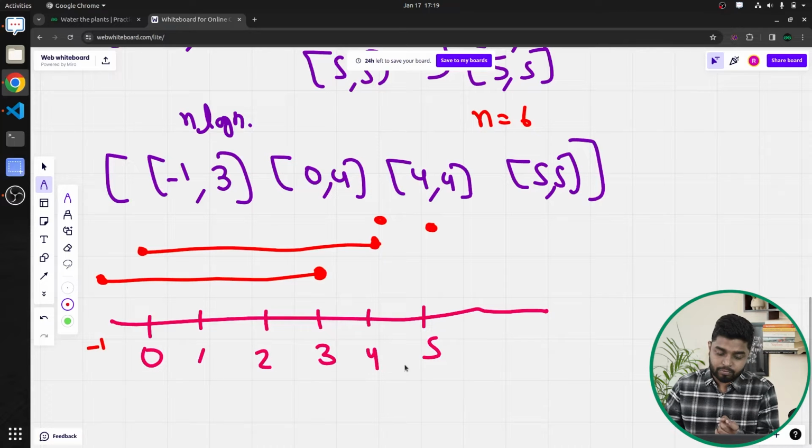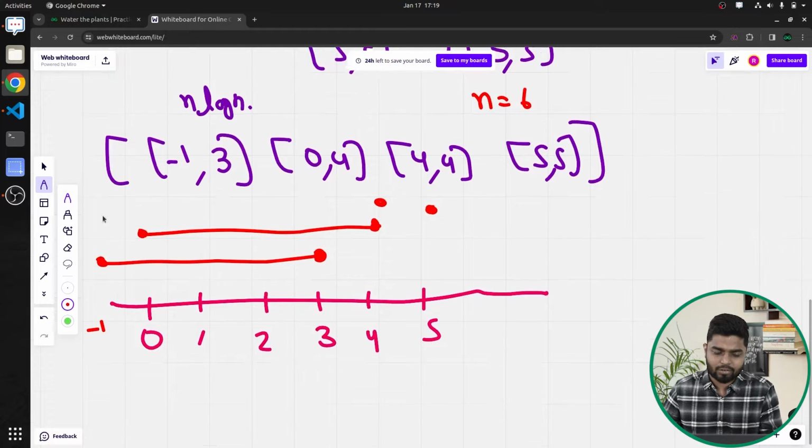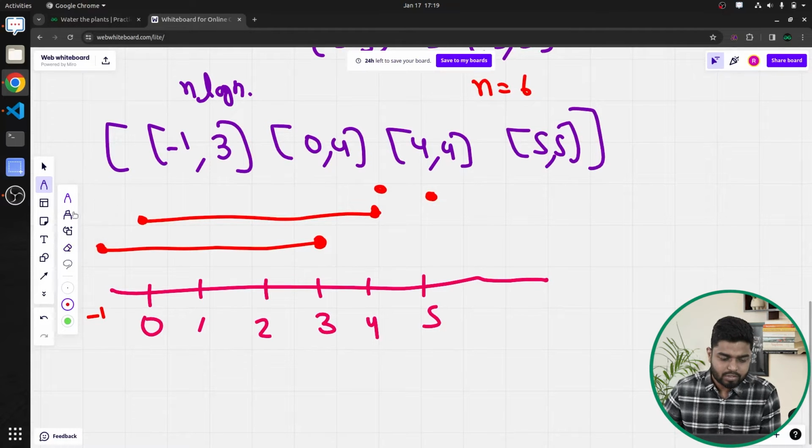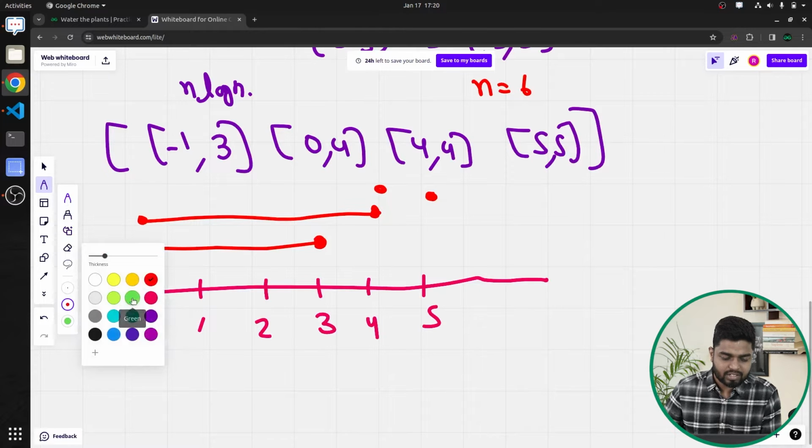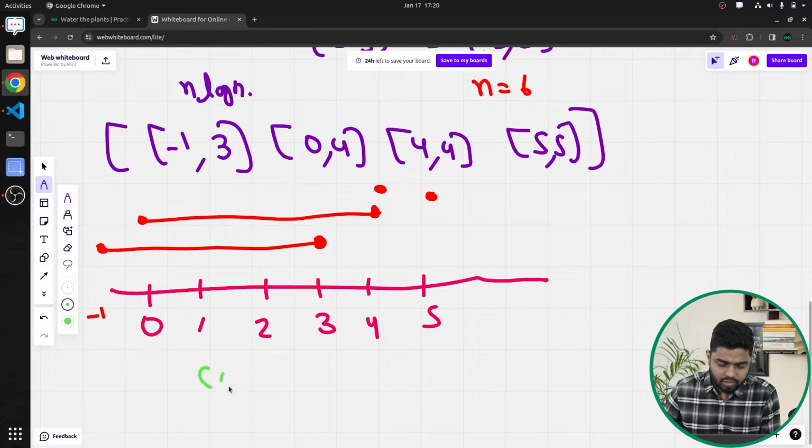So 0, 1, 2, 3, 4, 5, everything should be covered overall, right? Now if you will see, I will start from the very first sprinkler, guys, okay? So initially I'll say that my counter would be what? My counter of the number of sprinklers I would mark as 0. Okay, so let us say this. So initially I'll mark my count of the sprinklers as nothing but 0, and then after that what I will